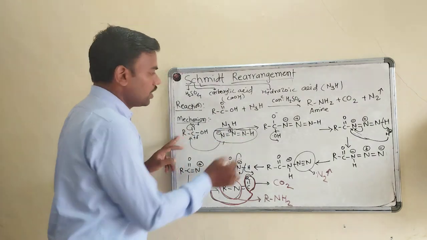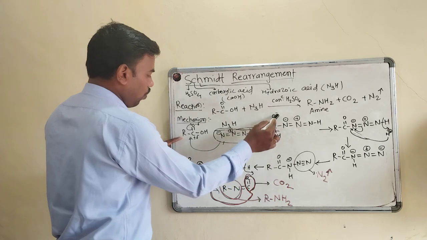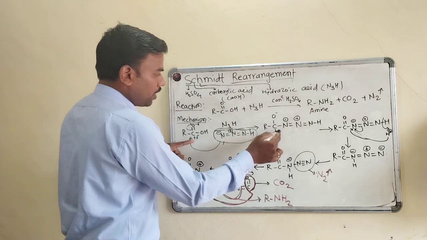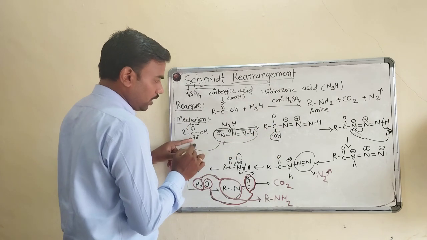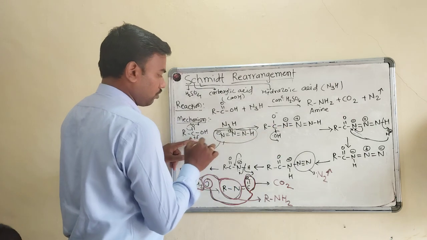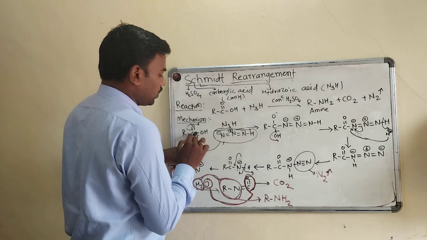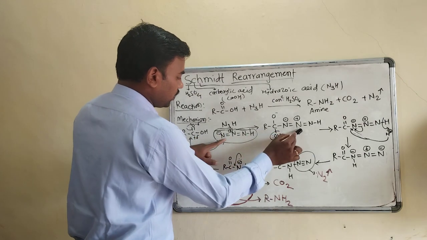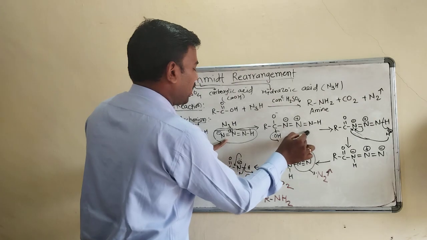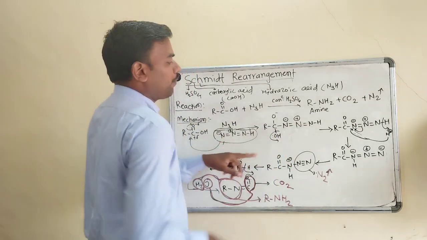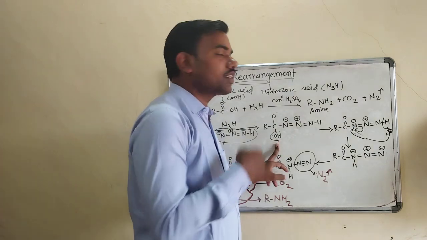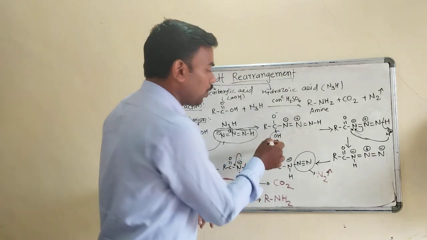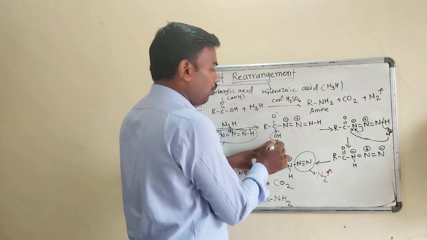So what will be the structure? See, R, C, O minus; due to electronegativity it possesses a negative charge, and this double bond is getting broken down. Then this OH I have written here for the sake of the rearrangement. So next, here carbon is positively charged, this nitrogen is negatively charged, the same hydrazoic acid I have written here. So what will be the next step? This OH is removed in the form of water, correct? So water will be removed.